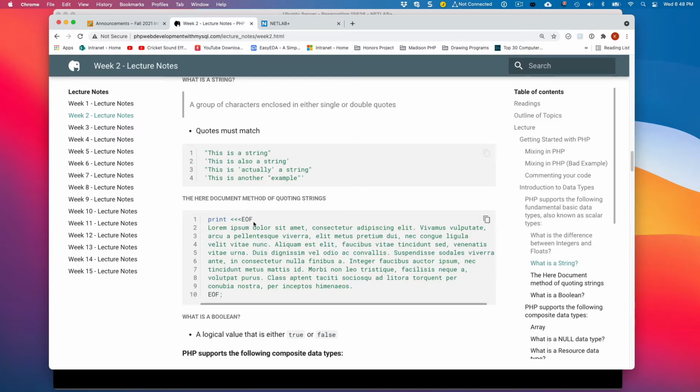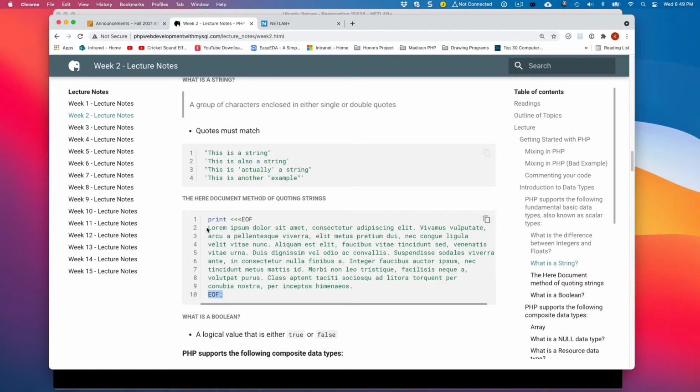This is all on its own line, and then every line after that until the character code that you created is encountered on its own line, and semicolons are required in PHP.